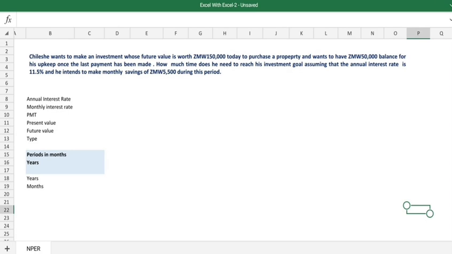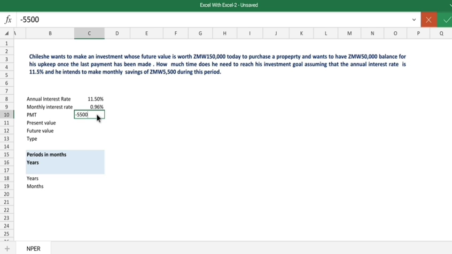Let's collect the information from the question. What we know is the annual interest rate is 11.5%. Since the savings will be made monthly, our period is in months. So we need to find the monthly interest rate. We divide by 12 to get 0.96, which is the monthly interest rate. Now he is going to be making equal payments over the investment horizon, which is